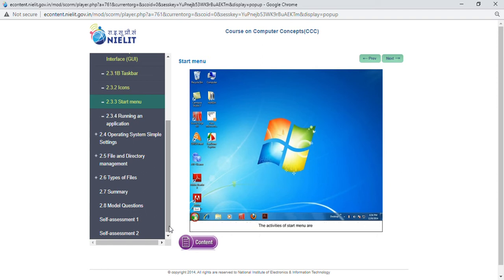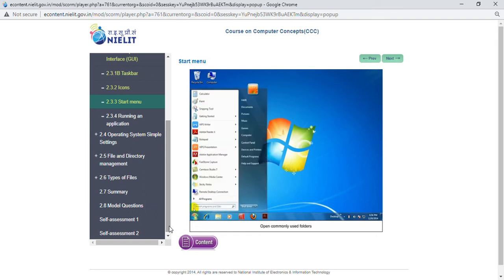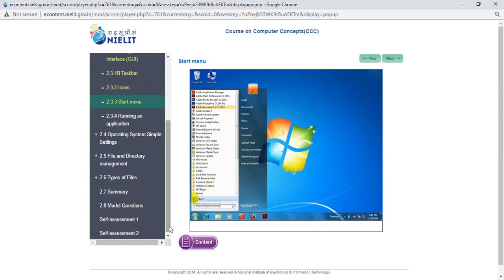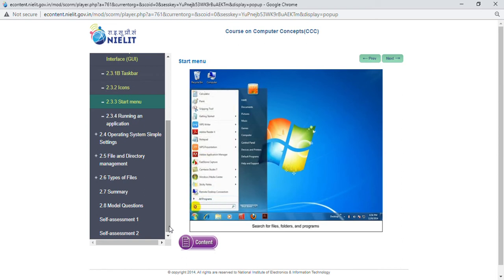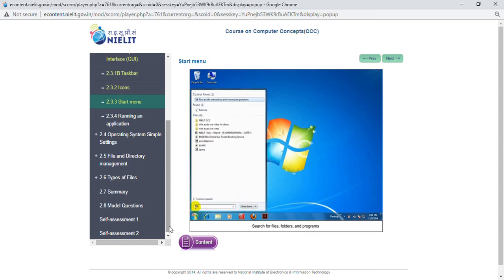The activities of the Start menu are: start programs, open commonly used folders, search for files, folders, and programs,